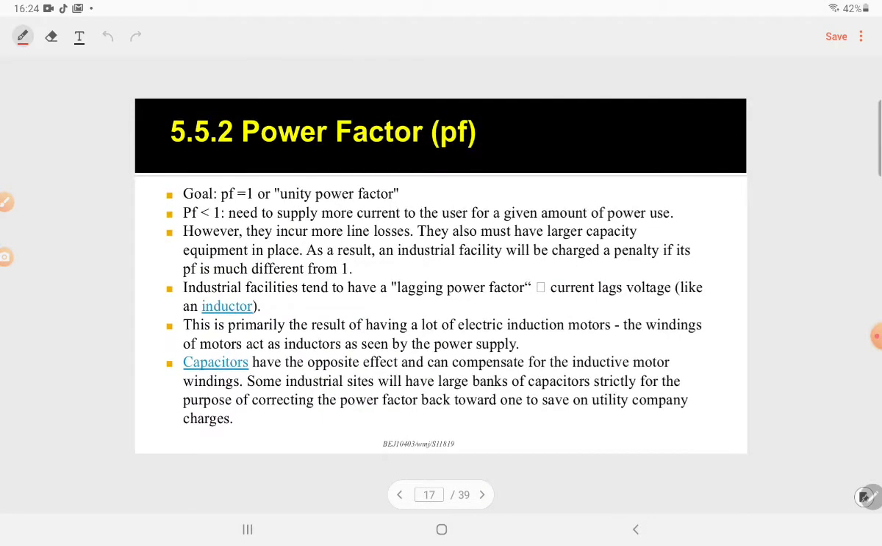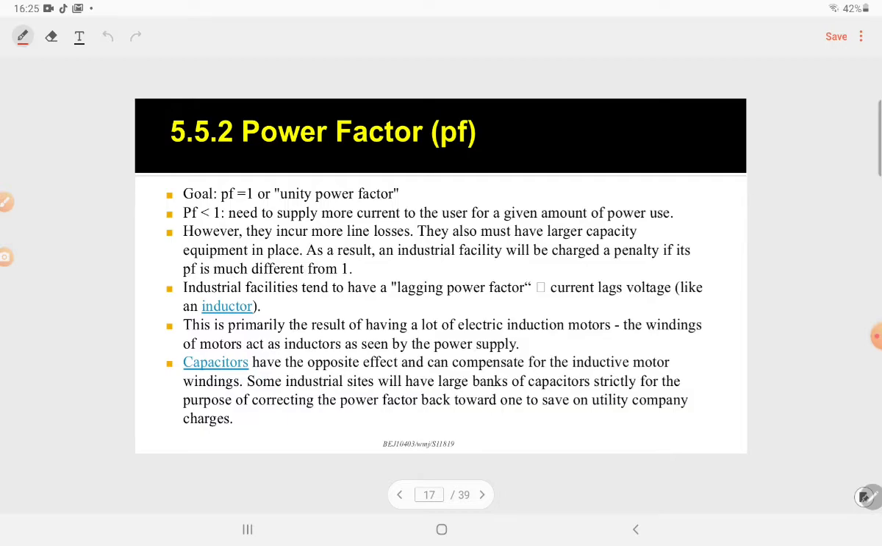so we can say that our goal is actually to get a power factor equal to 1, or unity power factor. Power factor less than 1 needs to supply more current to the user for a given amount of power use, right? So why do we want 1? Because when the power factor is less than 1, we need to supply more current. However, they incur more line losses. They also must have larger capacity equipment in place. As a result, an industrial facility will be charged a penalty if its power factor is much different from 1,